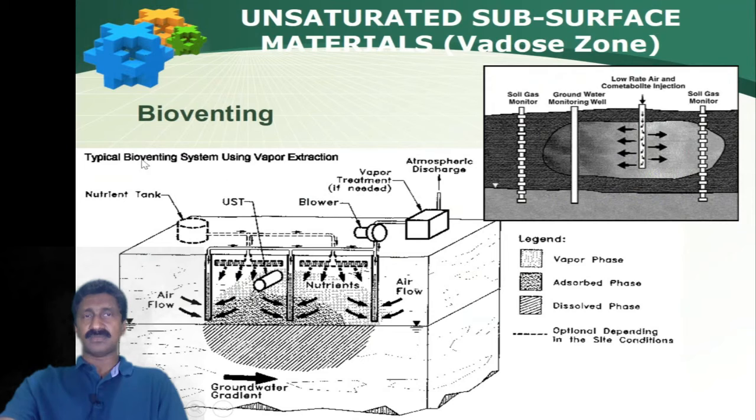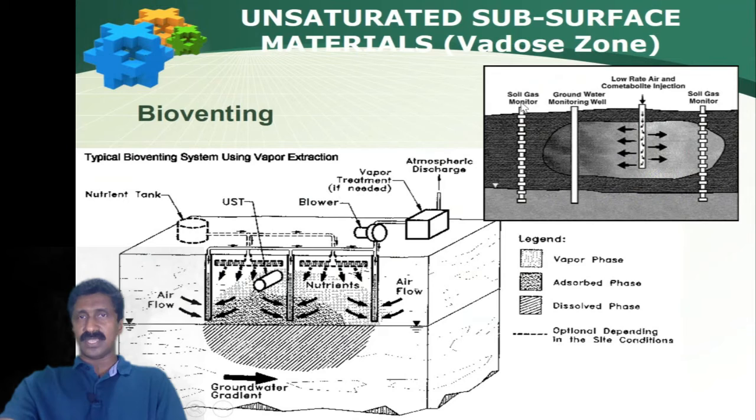So you can set up a system of bioventing. Bioventing will provide nutrients for the growth of organisms, aeration using air flows. So nutrients will be supplied, air will be supplied, and to the contaminated site, which will effectively enhance the microbial activity in this area. So it's an in situ process, and that will lead to the enhanced degradation of the pollutant. So this is another example.